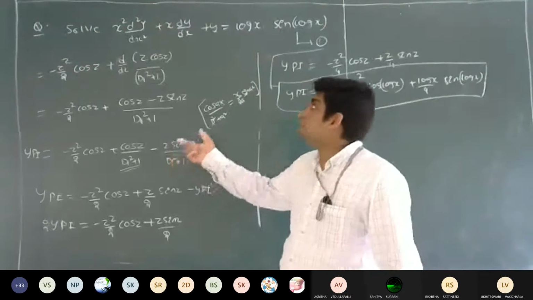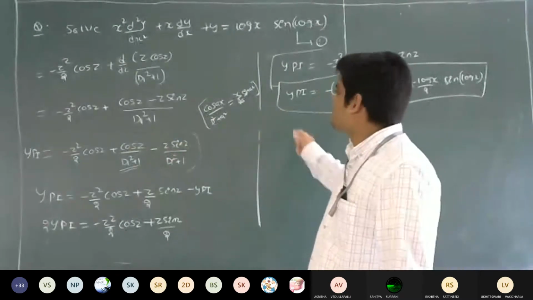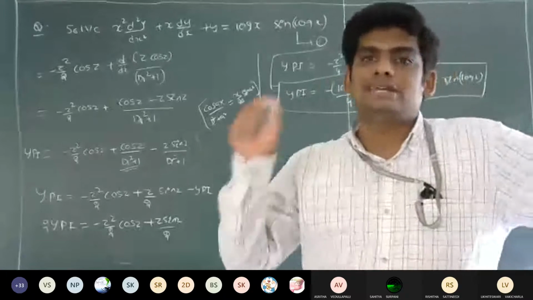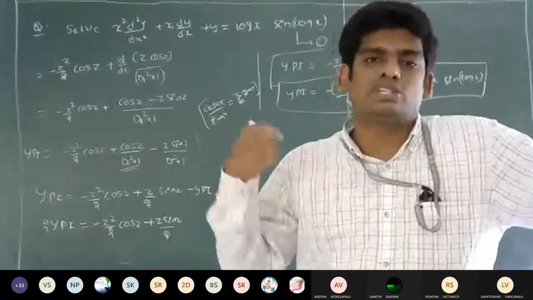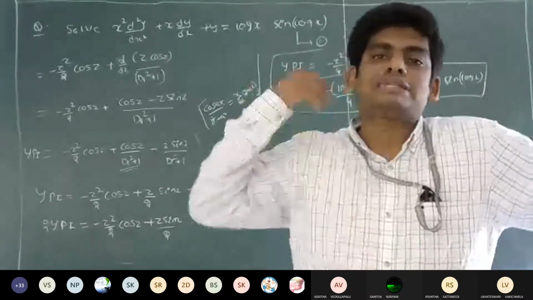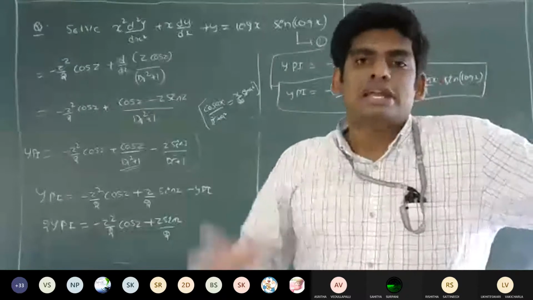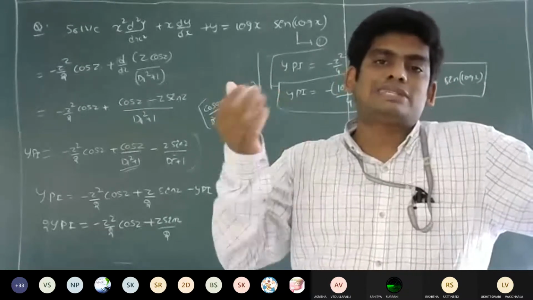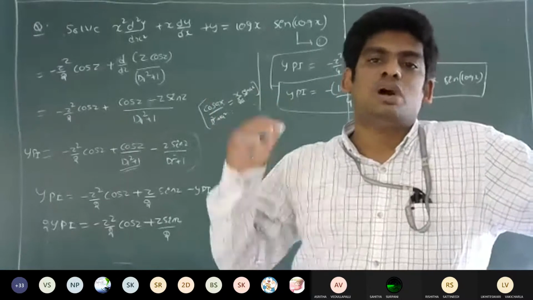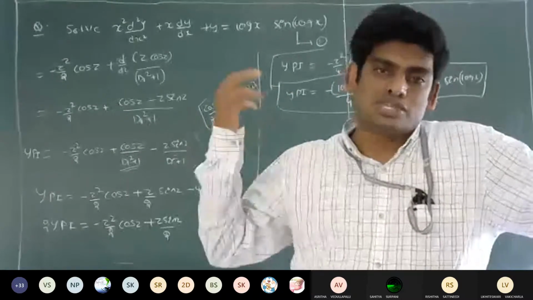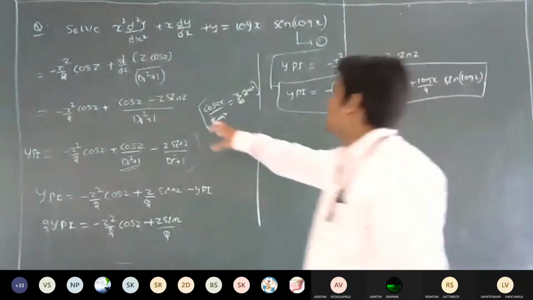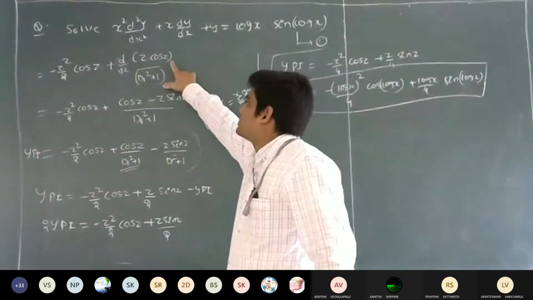Here the important observation is that this term is repeated. It is repeated because after the simplification, the outside of the type 5, that is sin z by D square plus a square, that is D square plus 1, gives the same term. Why? Because it is a failure case. So sin ax by D square plus a square is equal to minus x by 2a cos ax. Because of that reason, here we are getting z into cos z.